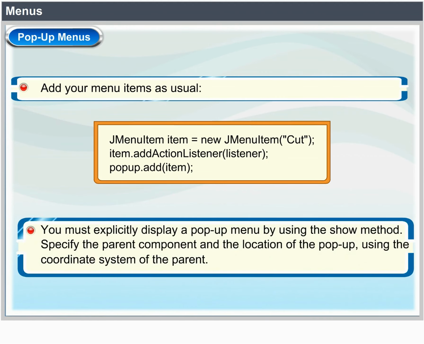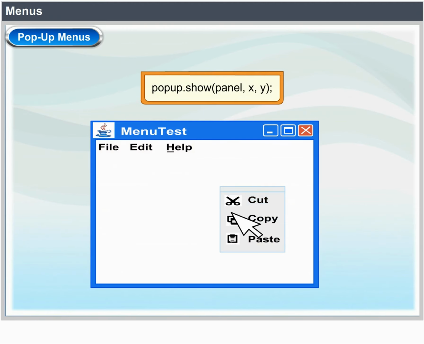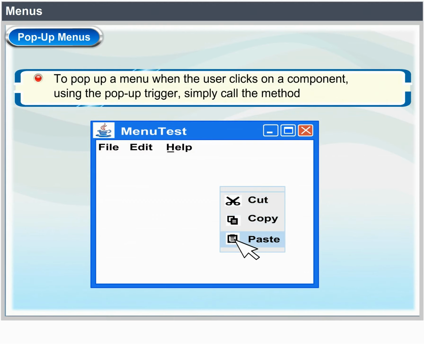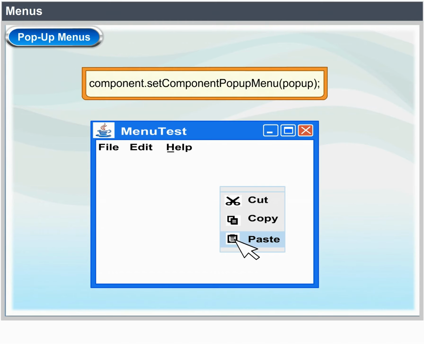You must explicitly display a pop-up menu by using the show method. Specify the parent component and the location of the pop-up using the coordinate system of the parent. popup.show(panel, x, y); To pop up a menu when the user clicks on a component using the pop-up trigger, simply call the method component.setComponentPopupMenu(popup);